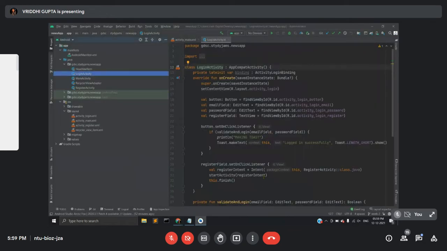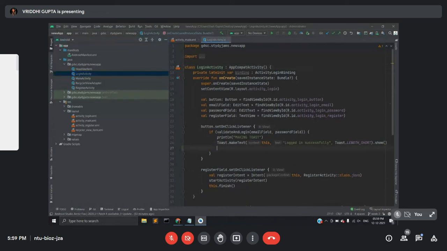So the first change that you will make is in the login activity. If you have opened your Android Studio and your news app, then please go to the Kotlin file of login activity. After going there, we have to add an intent over here so that whenever you start your application, the first thing that opens is the login page if you are not logged in. That part we will be doing in Firebase authentication, but for now, let's put an intent over here.